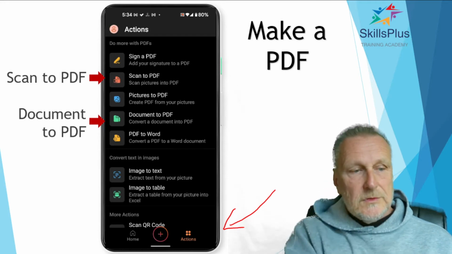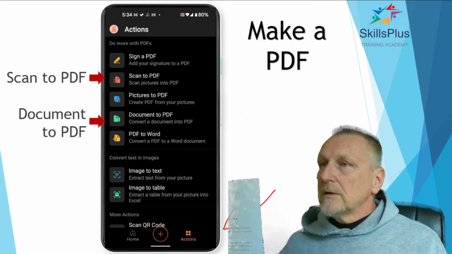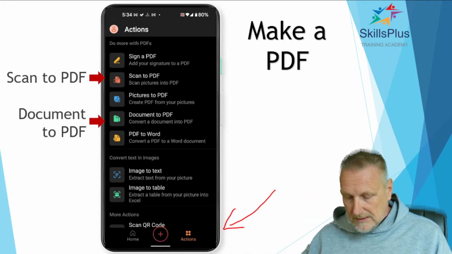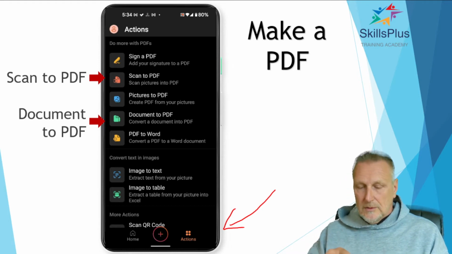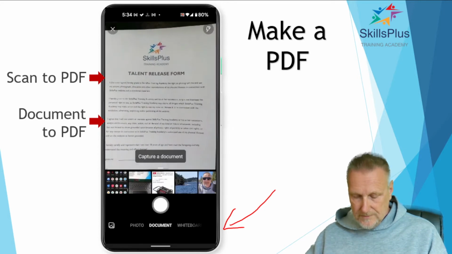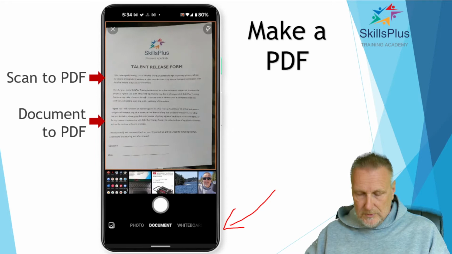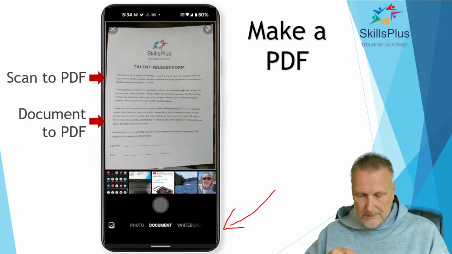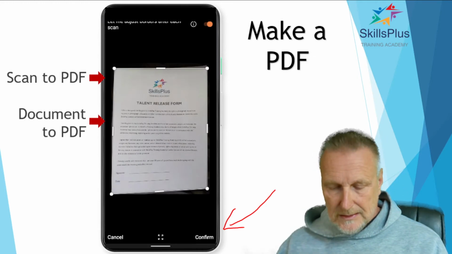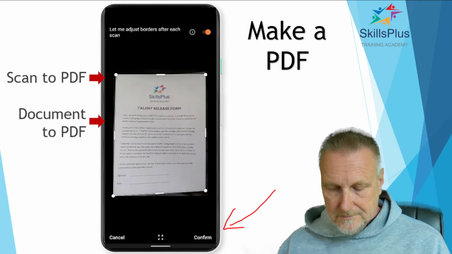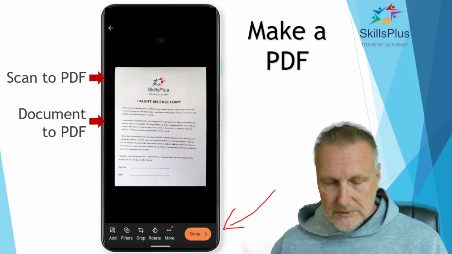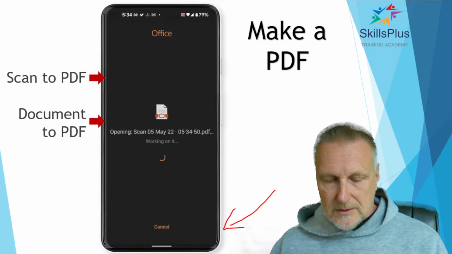We'll do scan first. I have a hard copy here of a release form. I'm going to put that on my lap, and we're going to press Scan to PDF. It basically will open your camera and give you an opportunity to take a picture of a document. Okay, I've taken that picture. At the bottom it wants me to confirm, and that's what my form looks like. I'm reasonably happy with that, especially for this quick tutorial. I'm going to click Done,